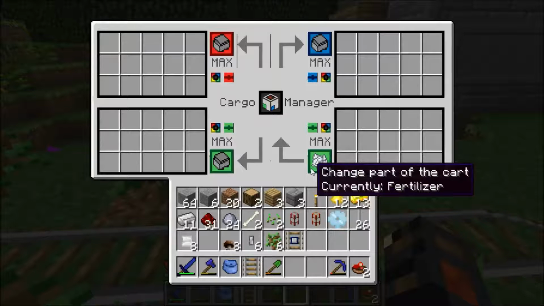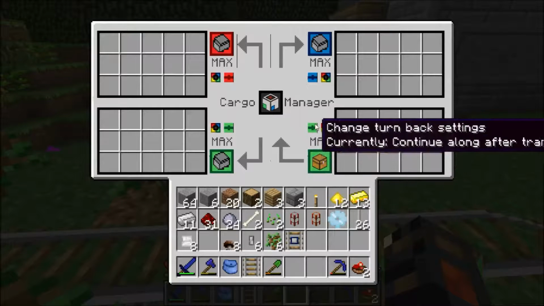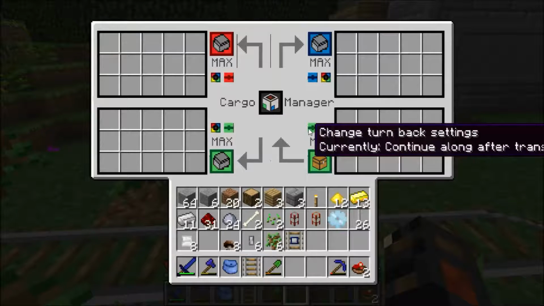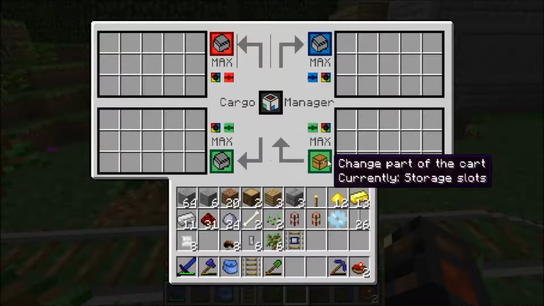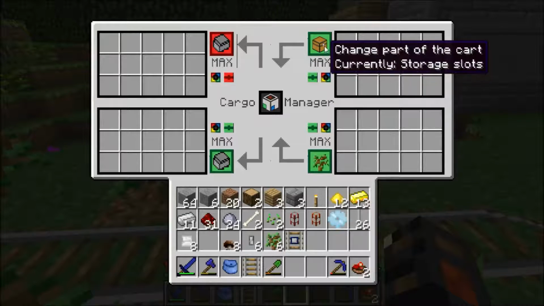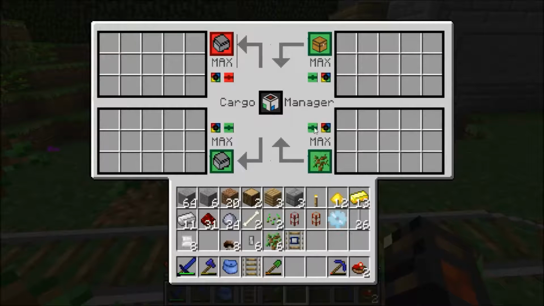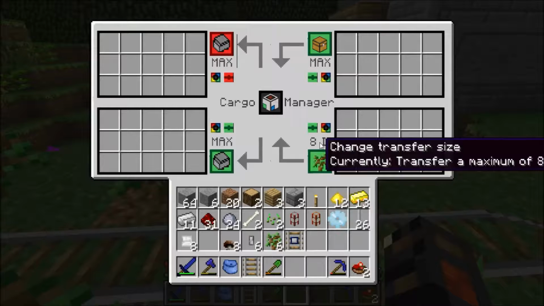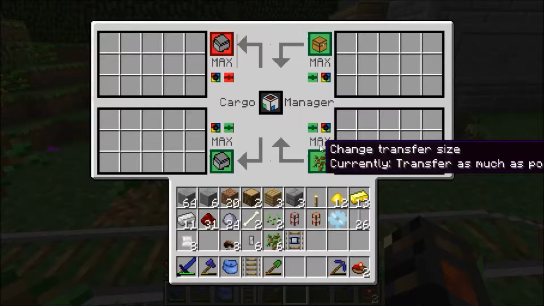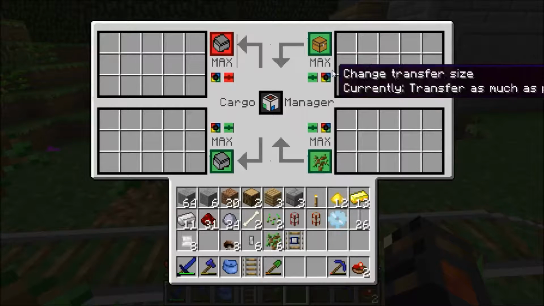I don't want you to change the part. It's odd. Turn back after transfer, continue along. Yeah, we'll just continue. Okay. I want you to drop off all of your saplings. I want you to... Oh, okay, no, yeah, that's fine. Oh, good grief. Let's see if we can... There we go. I want you to drop off your...